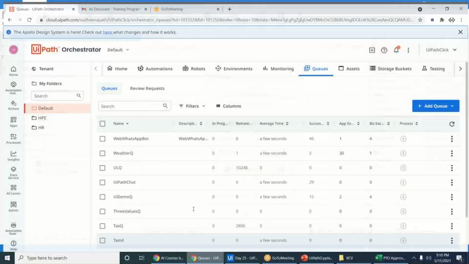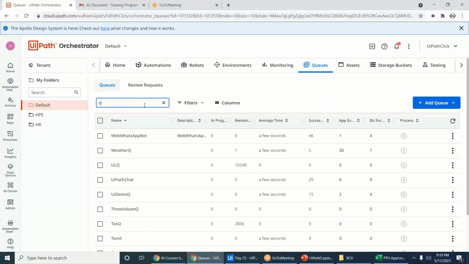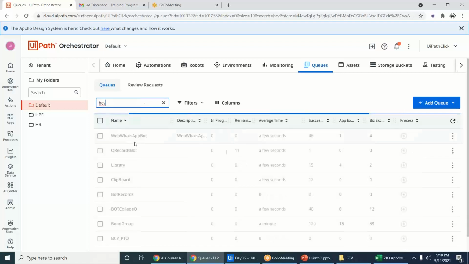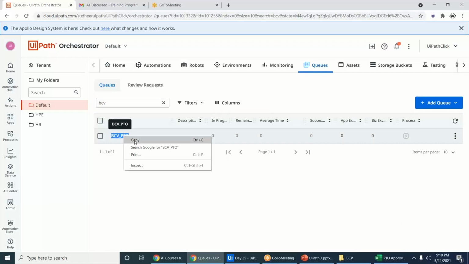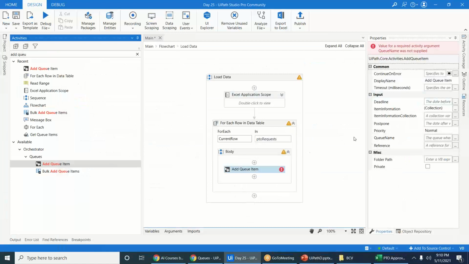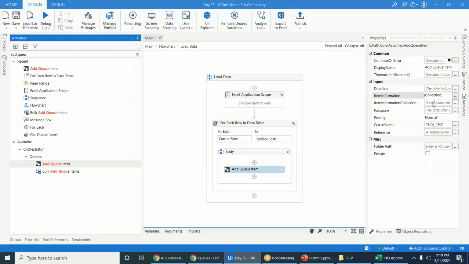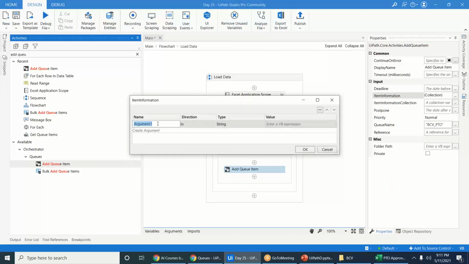So what is the queue name? The queue name is BCV, and here give the queue name and information. So information like the EMPID. That is like the current row of